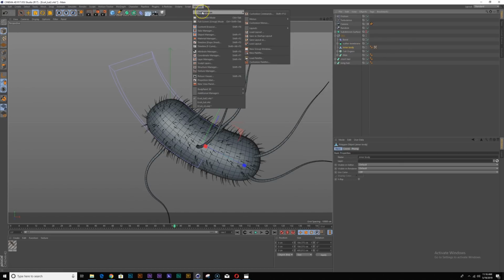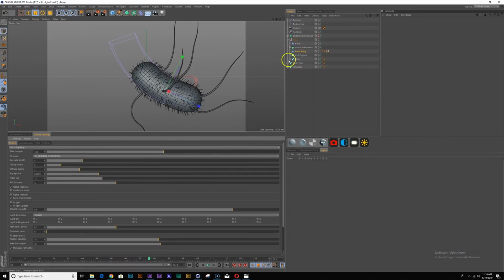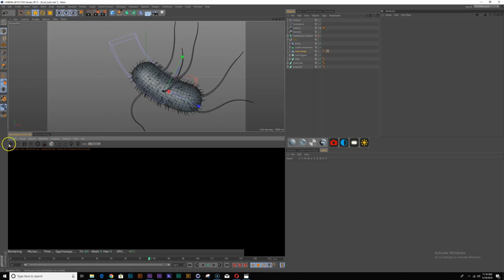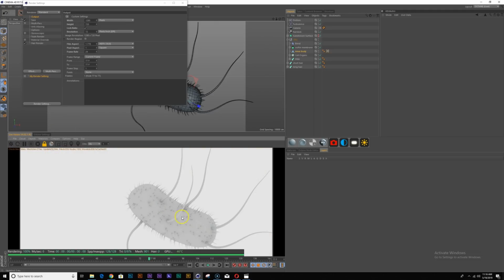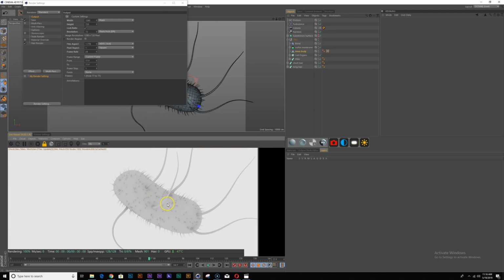And you'll see why later. So when I'm working in Octane, I have a custom layout, so I'm going to load that in real quick. This is just default settings. When I'm working in Octane, I like to keep this a little small first, lock the resolution and just see what everything looks like.